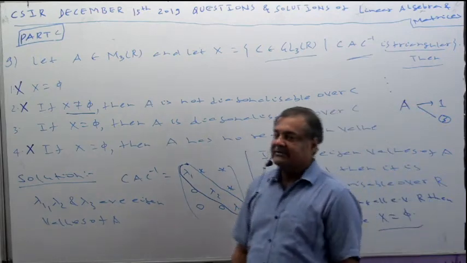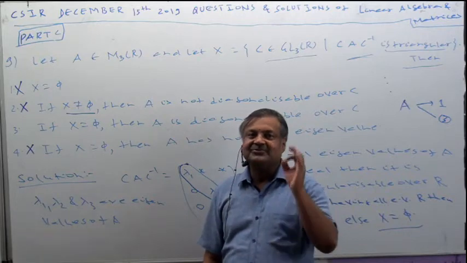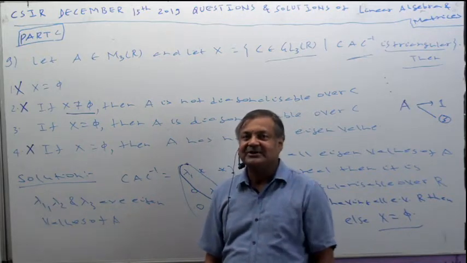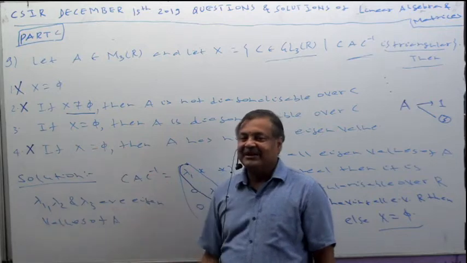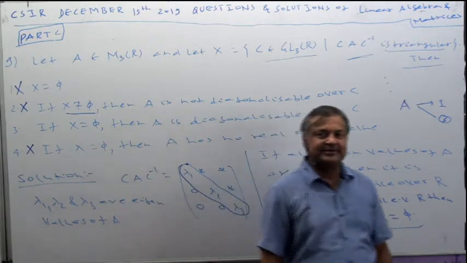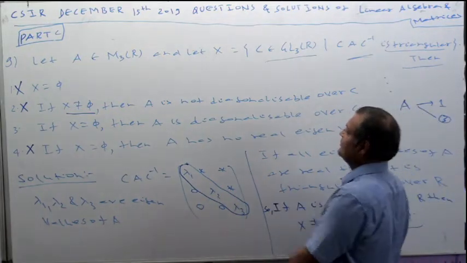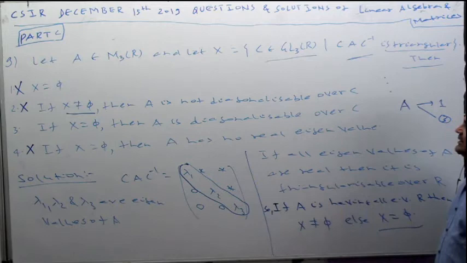And see, in the examination hall, if in one stroke you can cancel 3 options, whether it is a multiple choice question or single choice question, this will be 100% correct. But still I will give you the proper solution. But these 3 are trivially cancelled out. Now come to the third part.